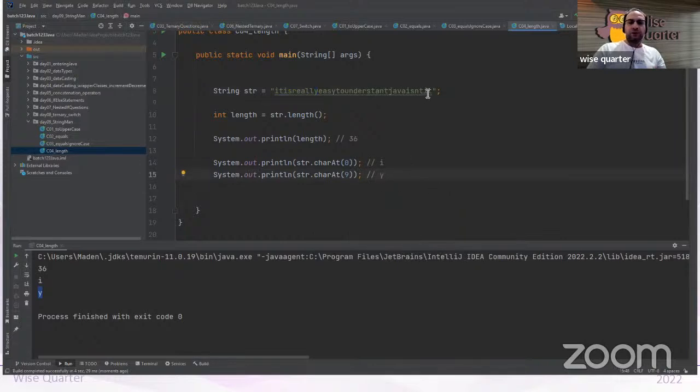Okay, to print the last letter, which number should I use? I know that the length is 36, and the last letter's index value is, let me check the YouTube account too. Perhaps we may have an answer there. Okay, the last letter's index value is